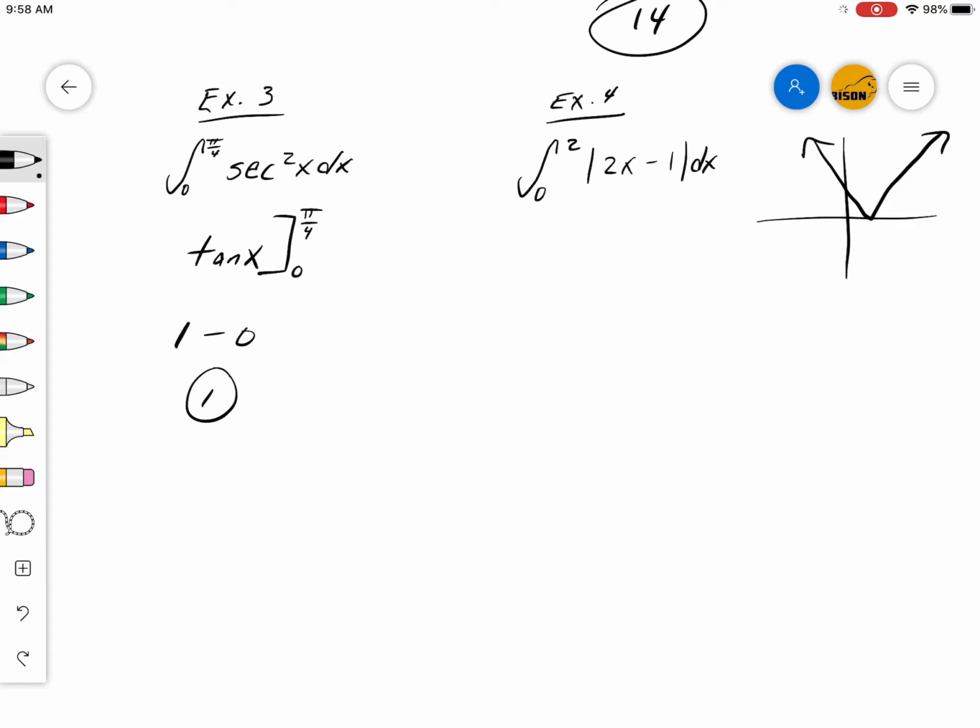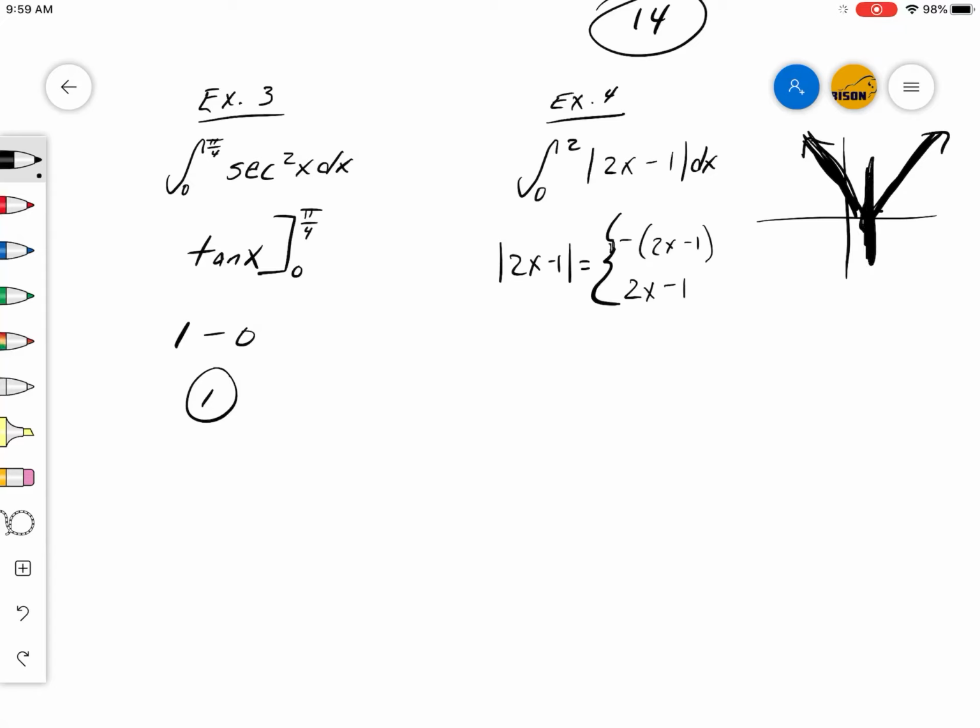Okay. So what we have going is 2 different lines. And if you remember about an absolute value, what's really going on is 2x minus 1 is really like saying you got negative 2x minus 1, which would be this line coming down, okay? But you also got regular 2x minus 1, which would be this line going up, okay? So we have to take both of those into consideration,